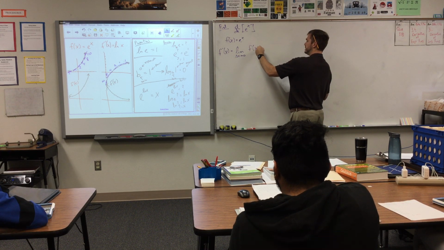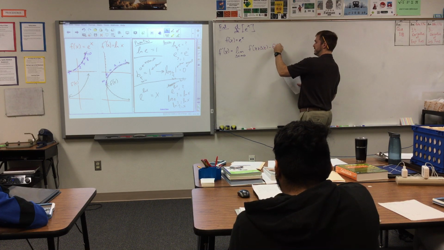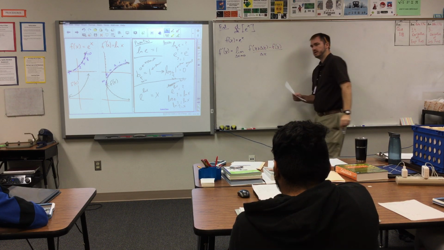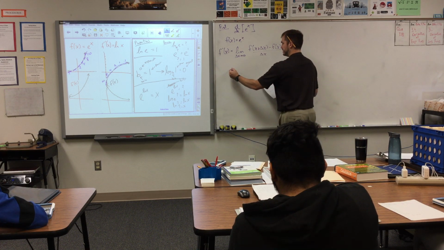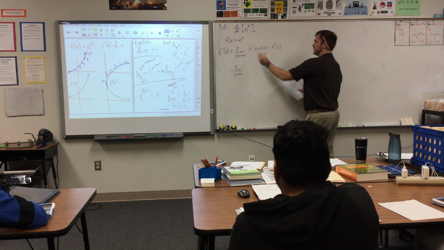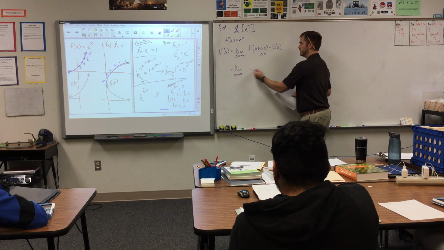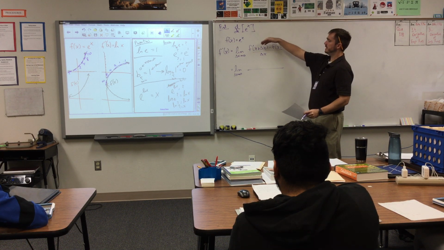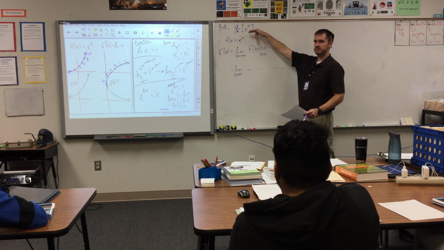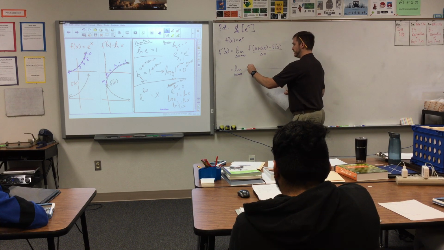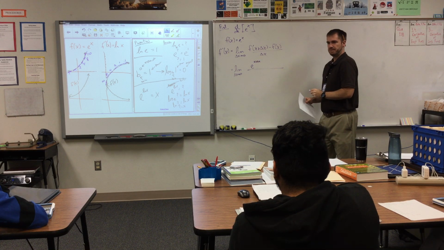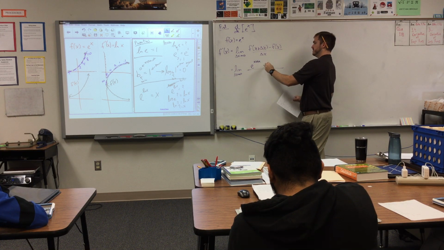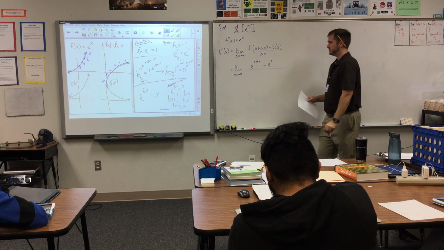to the slope of the secant line, f of x plus delta x minus f of x all over delta x. So that's going to be the limit as delta x approaches 0. Let's go ahead and apply it here. I'm going to plug in x plus delta x every time I see an x up here. So this is going to be e to the x plus delta x minus e to the x